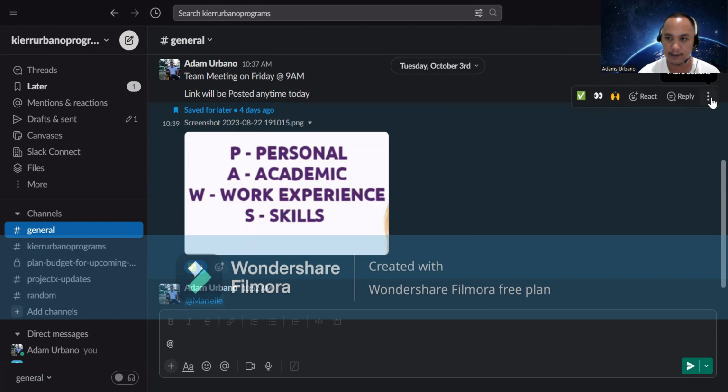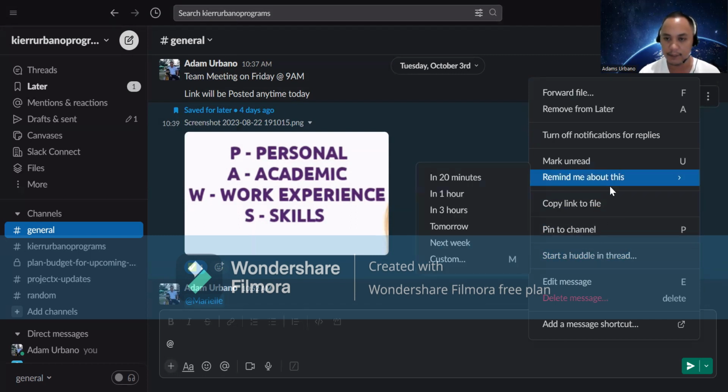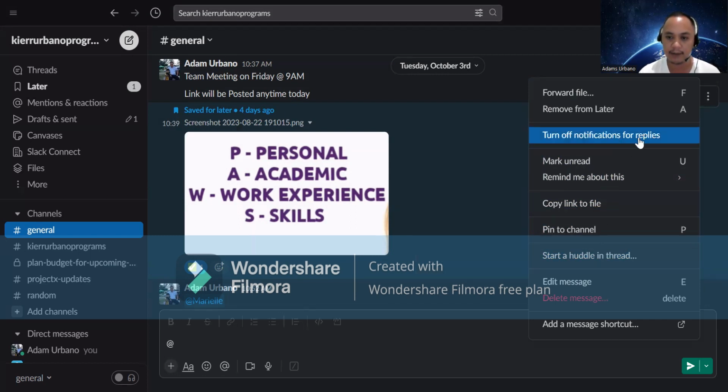Also, with these three little dots in the right corner of your screen, we can pin a message. You can have it pinned to the channel or start a huddle, which means having a video call with your teammates. At the same time, we can turn off notifications or replies if you are not related to this comment or attachments.